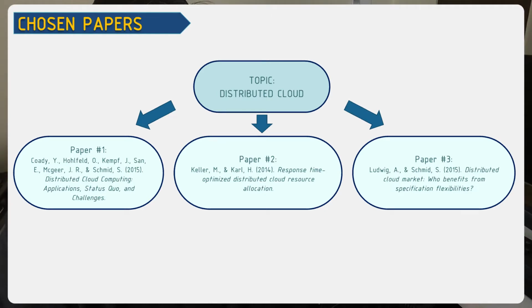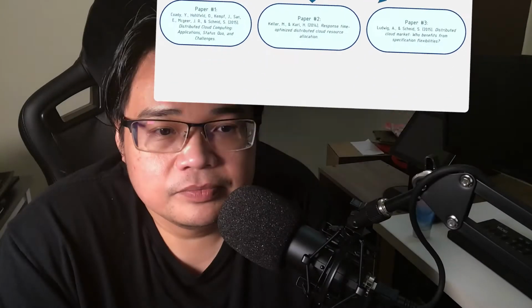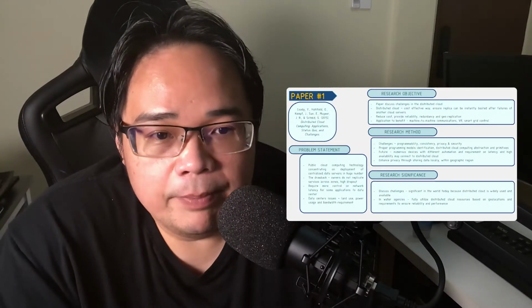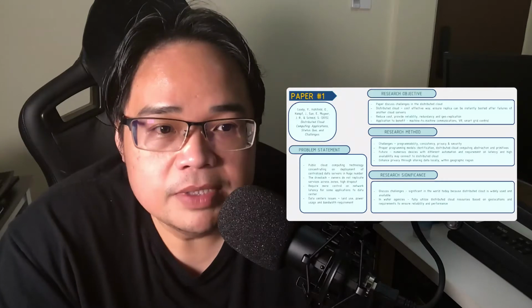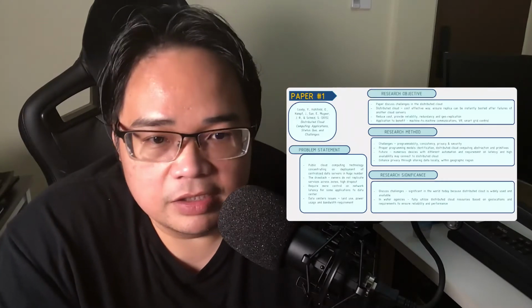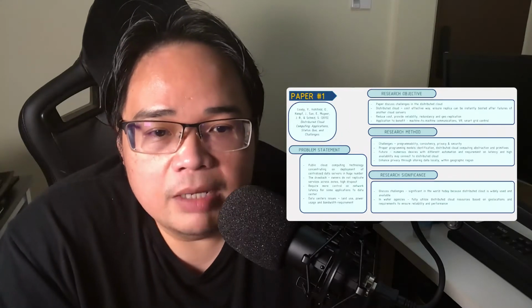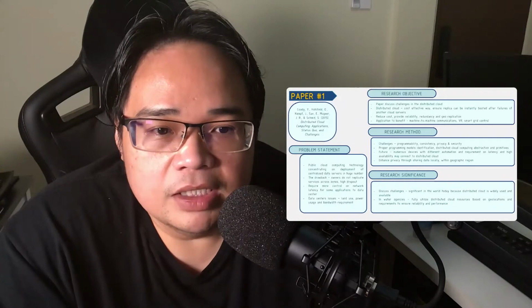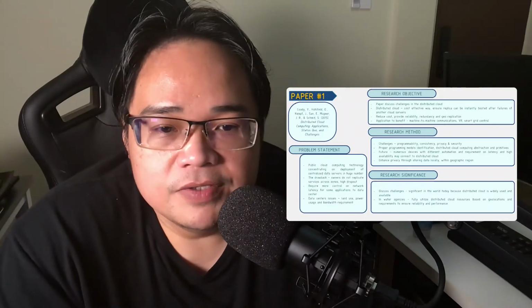And paper number 3, Ludwig et al., 2015, Distributed Cloud Market, Who Benefits from Specification Flexibilities. I will go through the papers one by one. For each paper I will elaborate on the problem statement, research objective, research method, and research significance. For paper number 1, the problem statement is